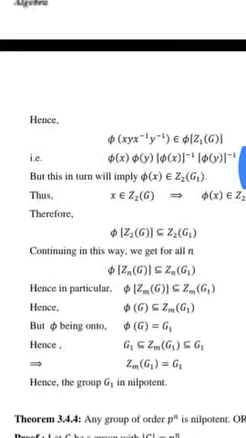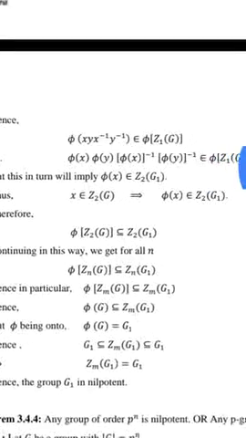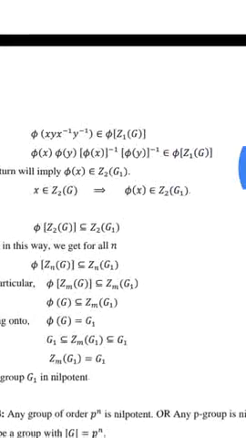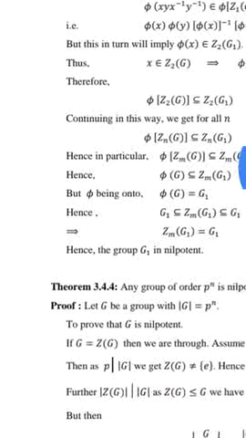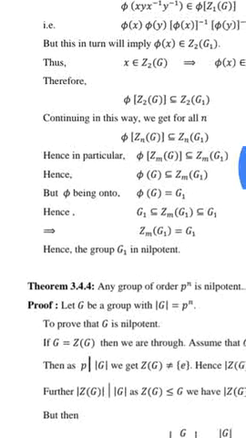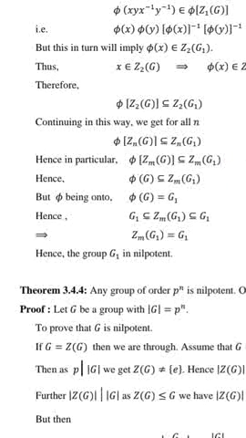This shows that φ(x) belongs to Z2(G1). Therefore, φ(Z2(G)) is a subset of Z2(G1), and continuing in this way for all n,